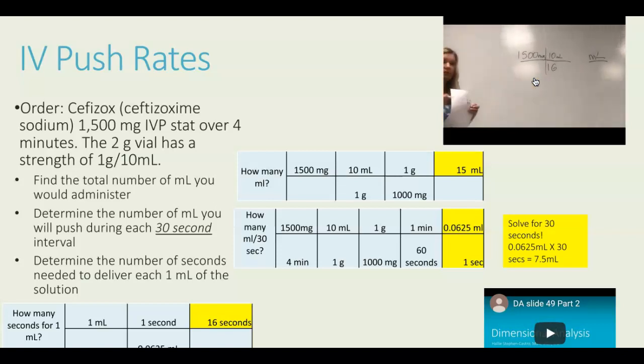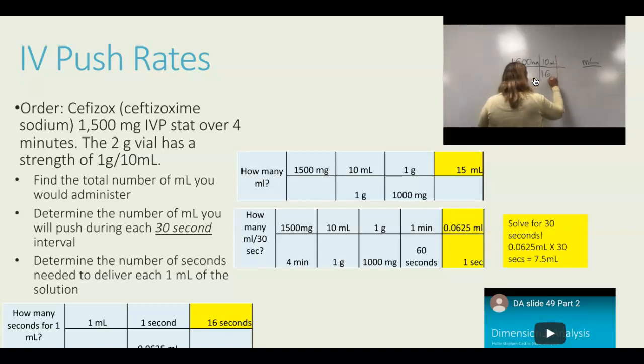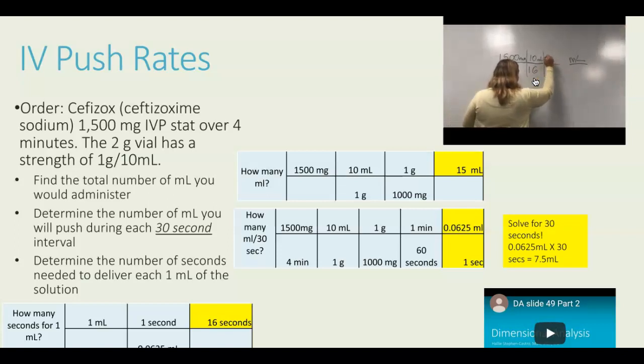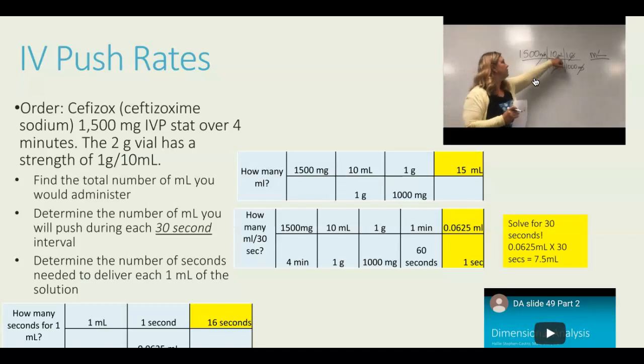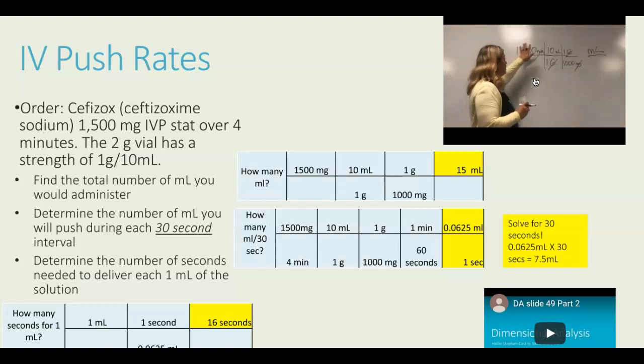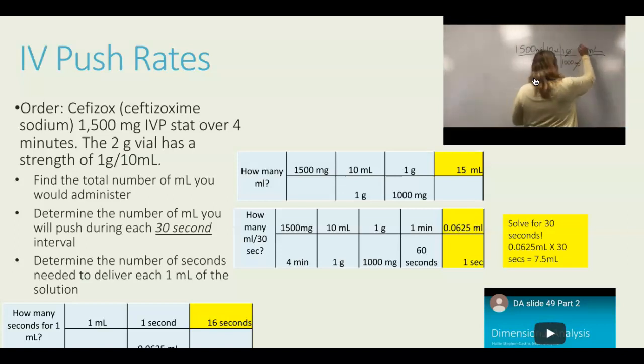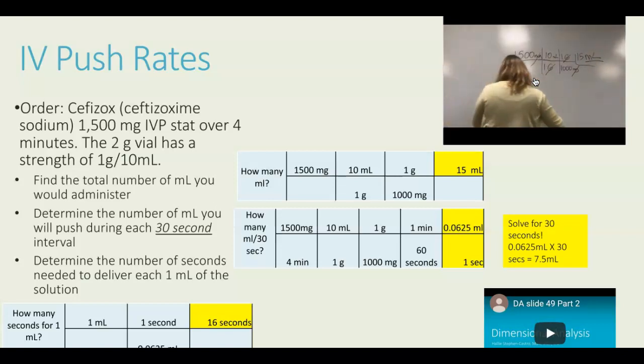So it looks great so far, but we still need a conversion. Remember we did those conversions a while back? So we're going to take our 1 gram is 1,000 milligrams. You're going to cancel your milligrams out, cancel your grams out, so you know you built it correctly, because now all you're left with is milliliters, and that's all we need for our answer, so we can do the math. 1,500 times 10 times 1 divided by 1,000, and our answer is going to be 15 mils. Okay, 15 mils. All right, part 2 of this question